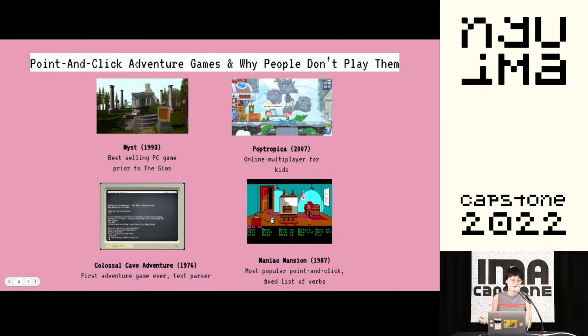But why not? Well, the grandfather of the adventure game genre was Colossal Cave Adventure, and this game was a text parser game. So the computer would output a block of text, and the user would compose their own response and command, and the computer would interpret this. So the computer might output, you're at a fork in the road, and you would write go left or go